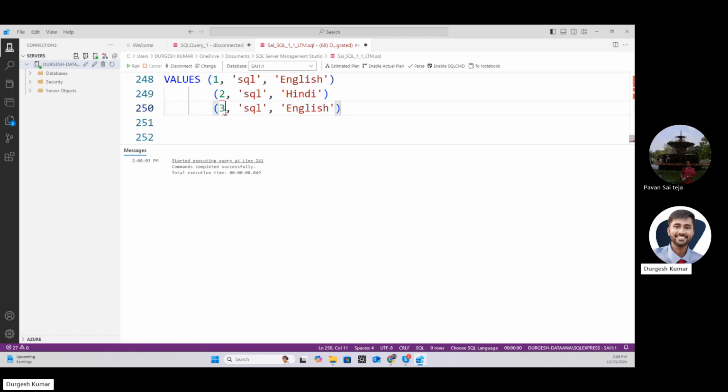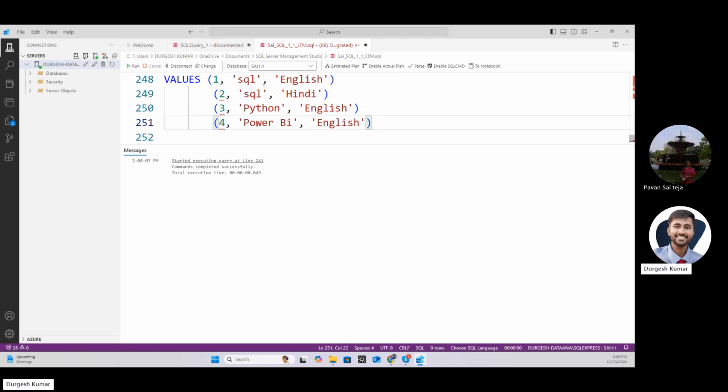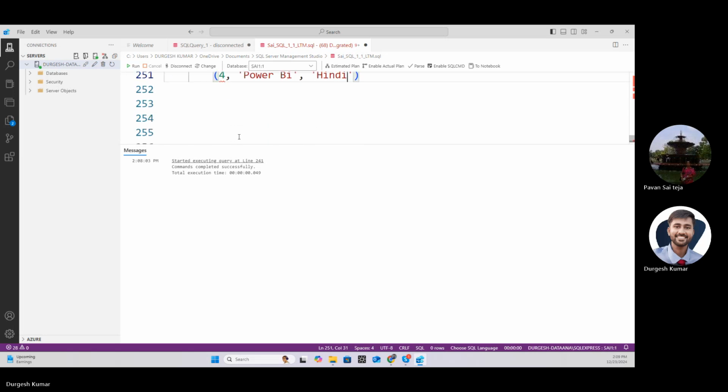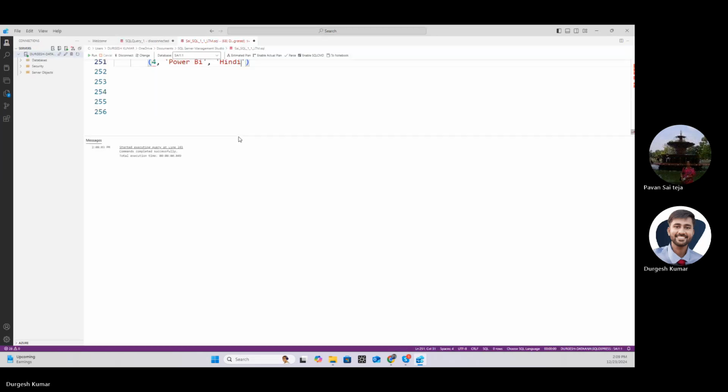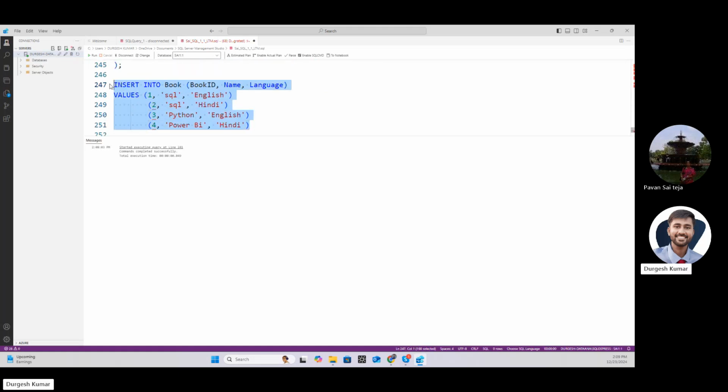इसका आईडी है 3, लैंग्वेज इज Python, English, and let's say 4, and let's say Power BI and हिंदी, ठीक है। ठीक है, सो इसको रन कर देते हैं।